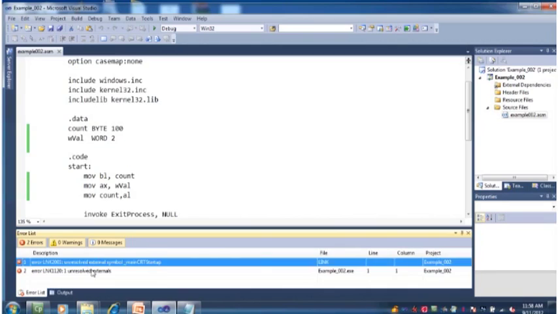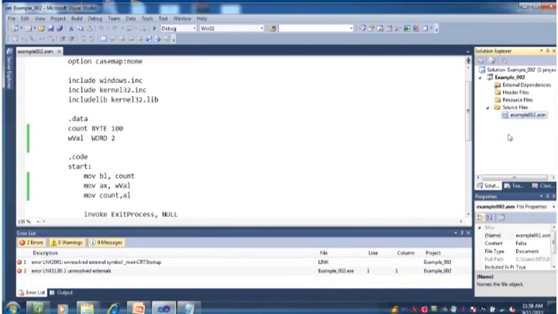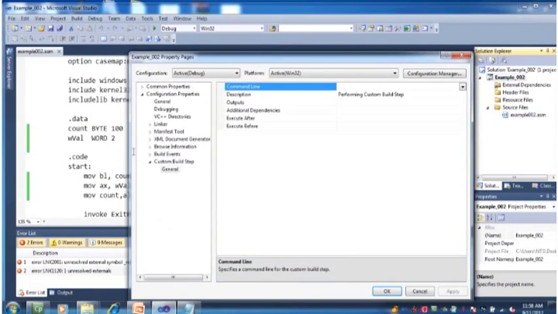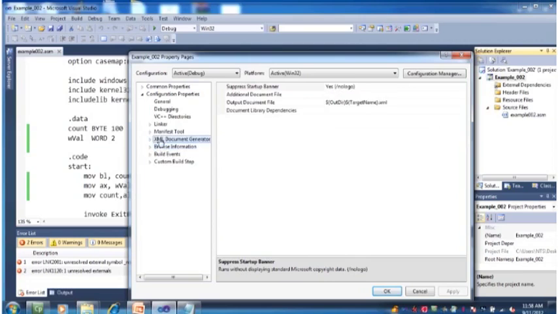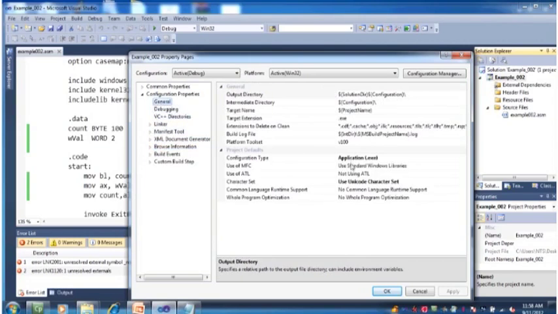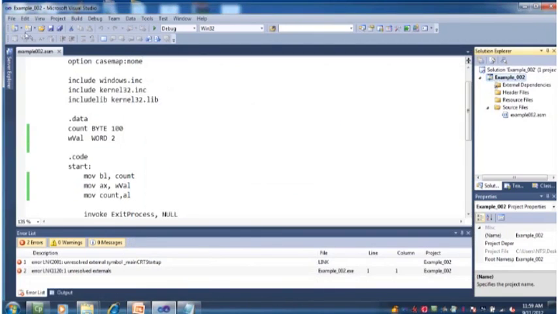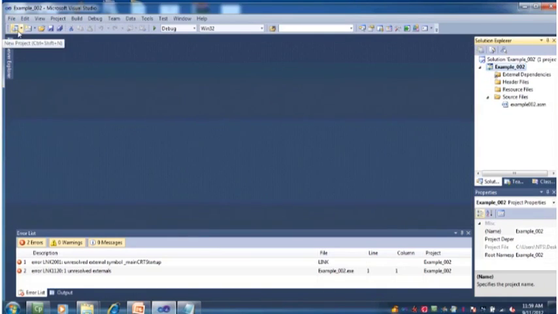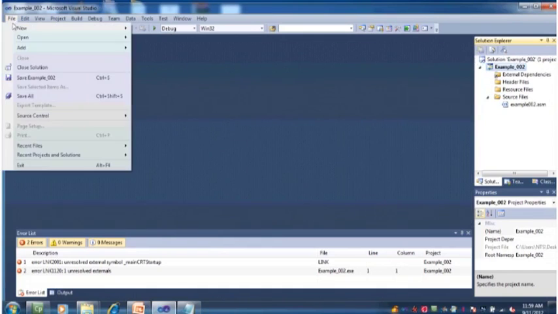Okay, so there's a problem with the linking because linking is not going to happen here. So we have to see the properties, but it doesn't show here the extension for this. So we just close this one, we just close